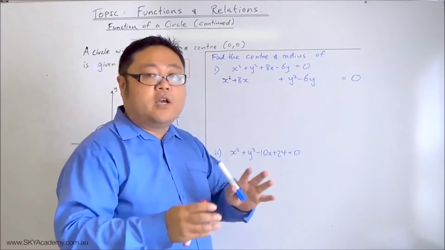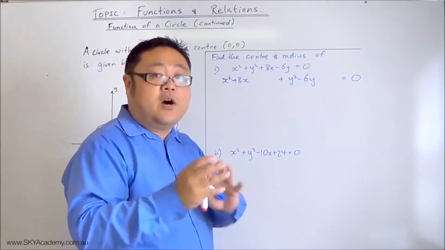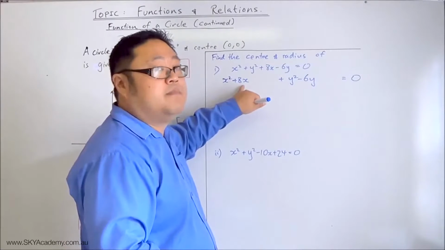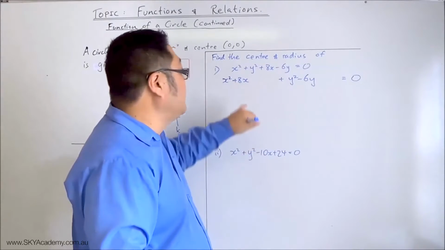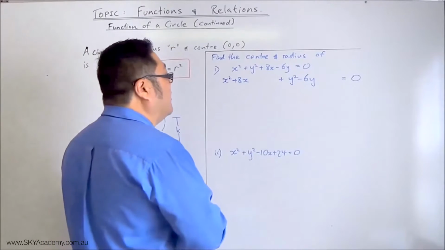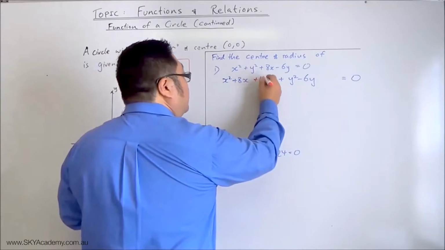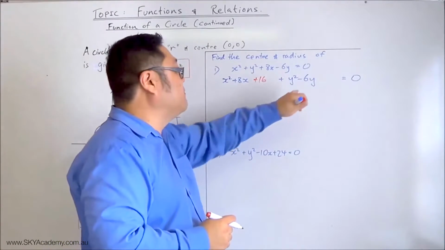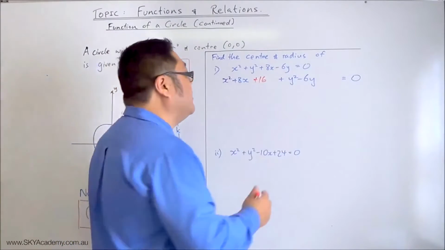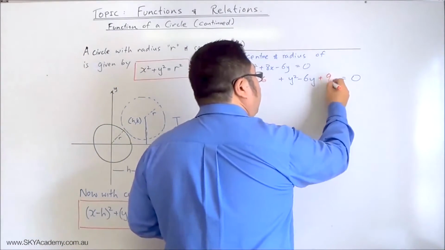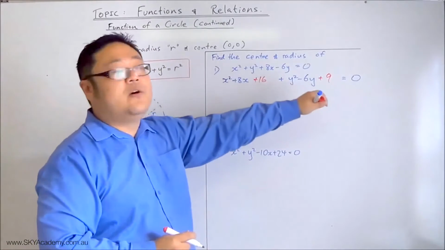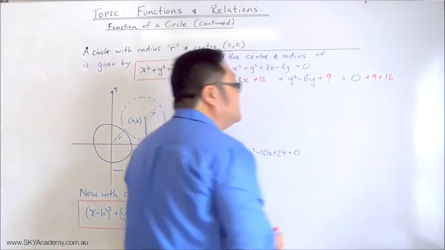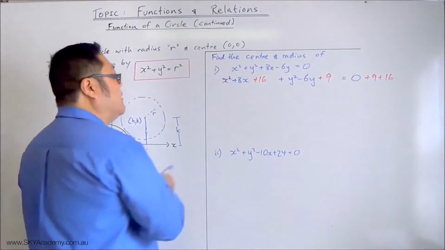Right? So if you want to go back and look at the quadratic section where we kind of covered this, to make a perfect square, you halve the middle term and then you square it. Okay? So halve 8, which becomes 4, square it, you add 16. Yes? Halve 6, which becomes 3, you square it, becomes 9. So you add 9. Now if you add 16 and 9 to the left hand side, you've got to do exactly that on the right hand side. So you end up with